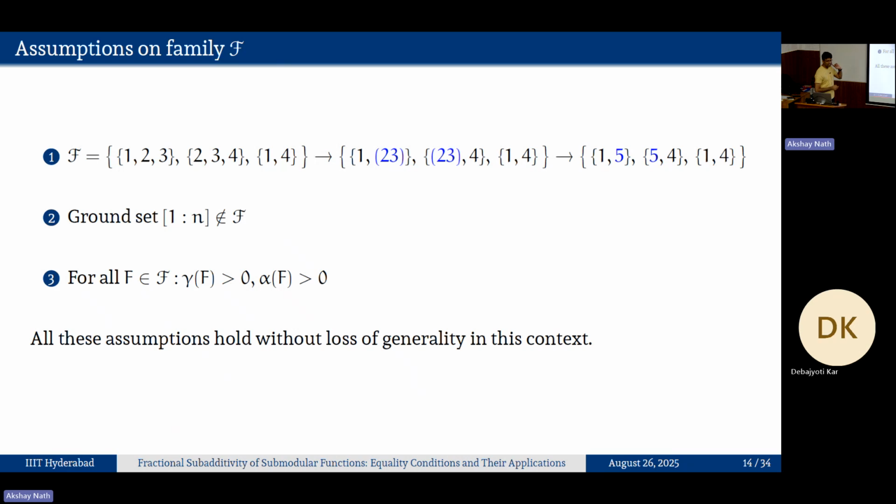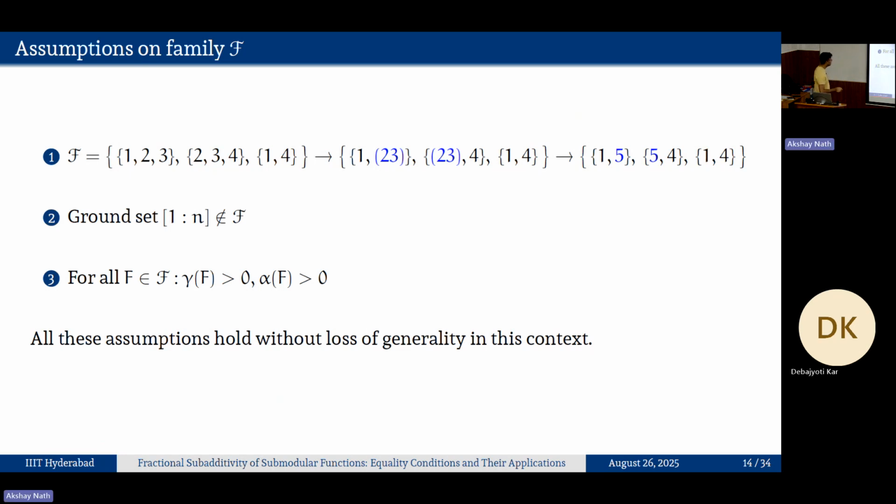So one of the things that we consider is the family that we have. We'll assume that no two elements appear together in the subsets. If they appear together all the time, then I'm going to treat them as one variable. Another assumption I'm going to make is that the ground set is not part of the family, otherwise that inequality does not really make sense. Basically all of these conditions hold without loss of generality, in the sense that if I have the ground set appearing on the right side, I can just move it back and reduce the fraction accordingly.